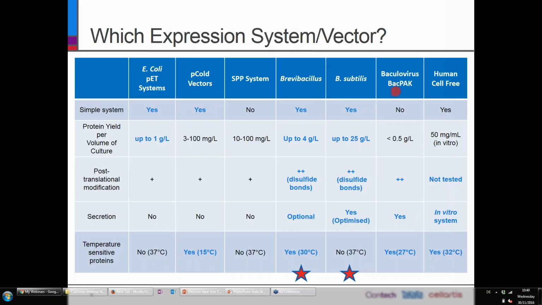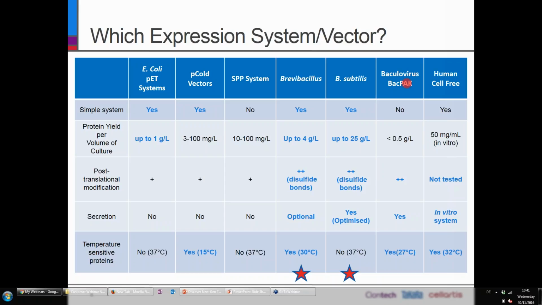The baculovirus system, that's the insect cell system. If you are used to working with baculovirus, it can be quite easy. If it's your first time doing baculovirus, you have to learn a few techniques, and if you have never done cell culture, it will be quite a challenge. But once you have such a baculovirus system set up, it can be a very routine way of getting